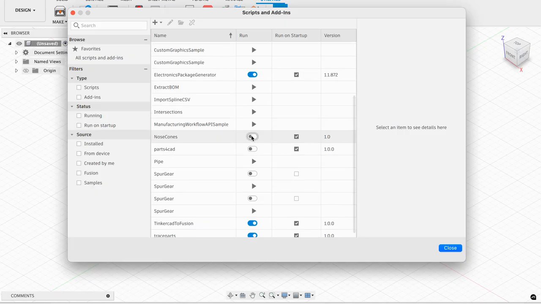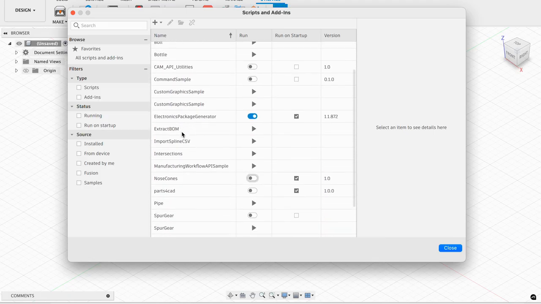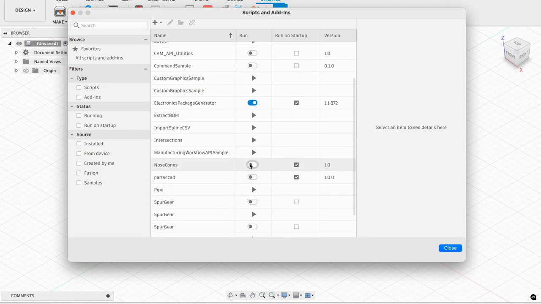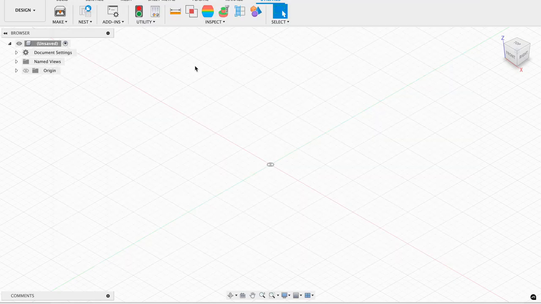And you'll see that there's this little switch next to the word Nosecones, which you may have to scroll down to see the Nosecones add-in. You can just hit this little switch here. And now when you go back to solid at the top,